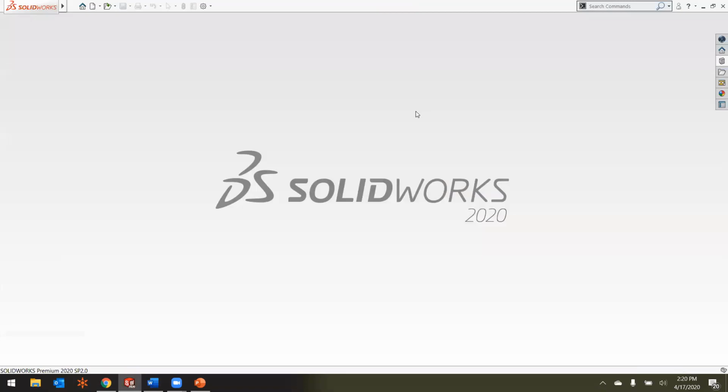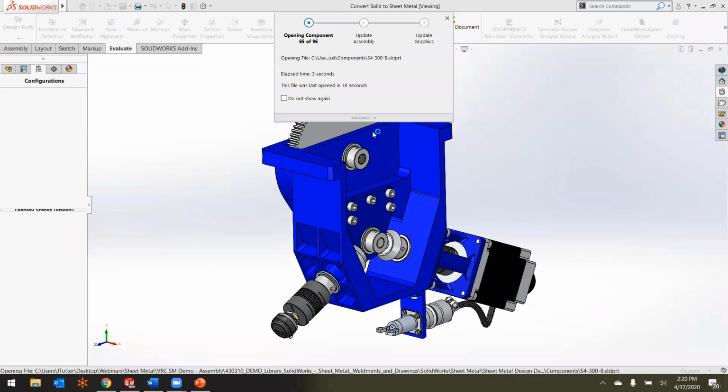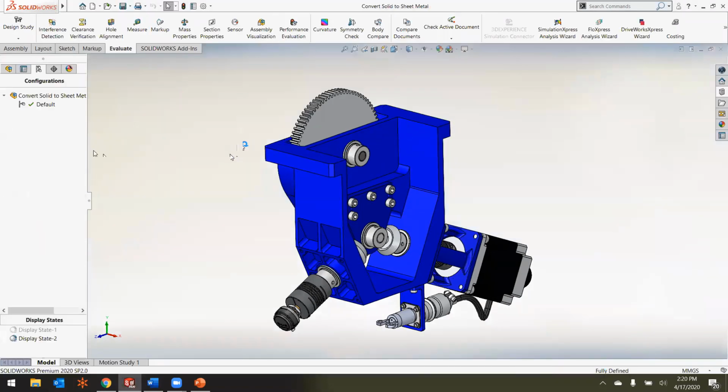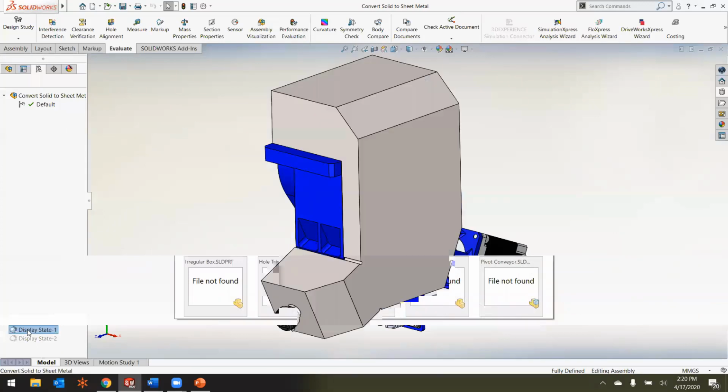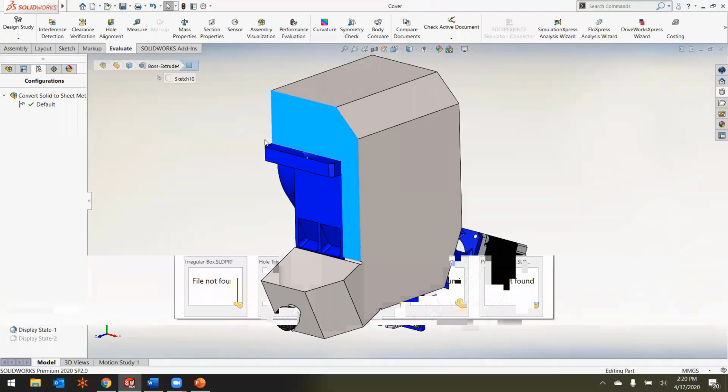Go ahead and close out this guy and open up one of our assemblies here. So here we have an assembly, and what we're going to need is to create an additional part that kind of acts as an enclosure or a guard around this area. So one approach to doing that, I'll just switch the display states here, is to, within the context of the assembly, go ahead and model some geometry around it. So we've got a solid model that kind of encapsulates it here, and we want to change that to a sheet metal part. So go ahead and open this part,